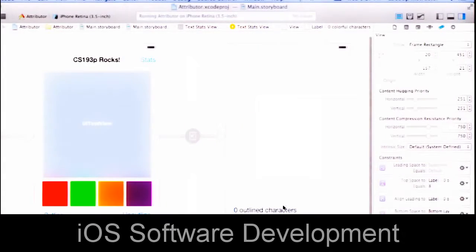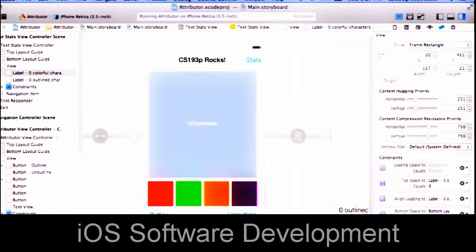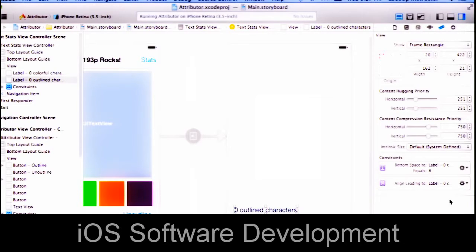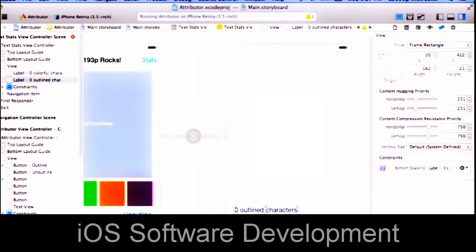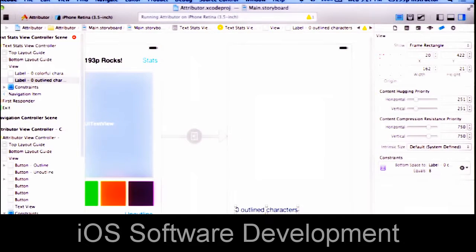All right. One other thing I guess I'll show you real quick is the document outline piece of this. So nothing's wrong in here, but I'm going to make something wrong. Let me go to this guy and let's delete its align leading. So it's no longer lined up with this. When I do that, notice this one turns yellow because it is a constraint for an object that has problems. So anytime you have an object that has problems, all its constraints will be yellow